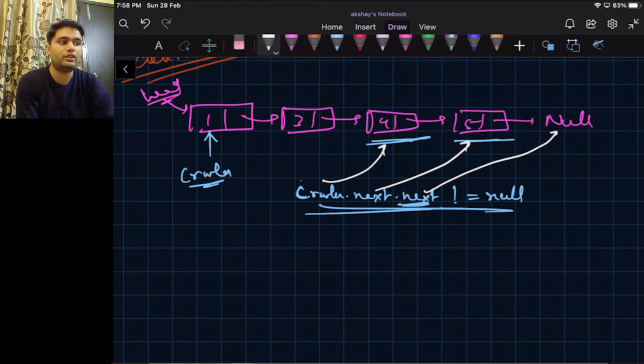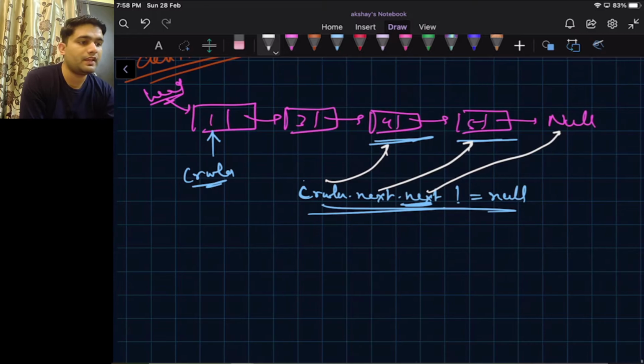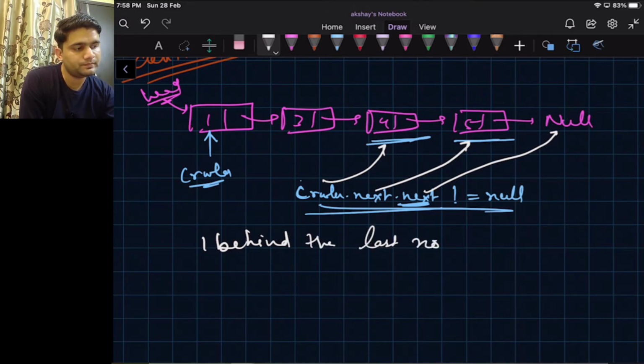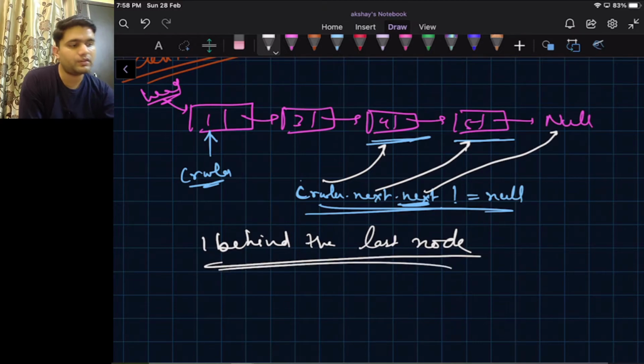We want the crawler to run just one behind the last node.